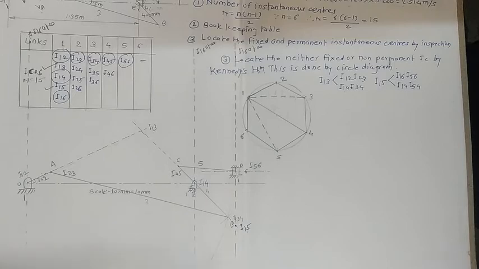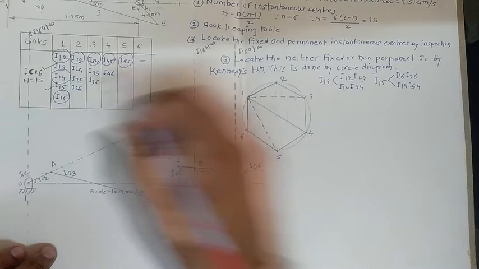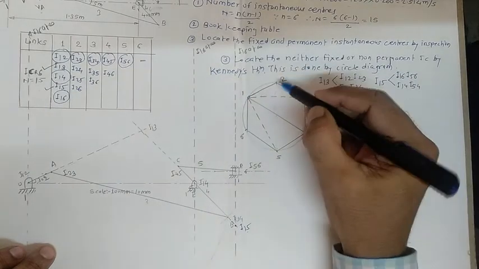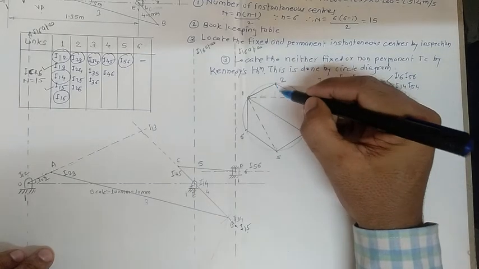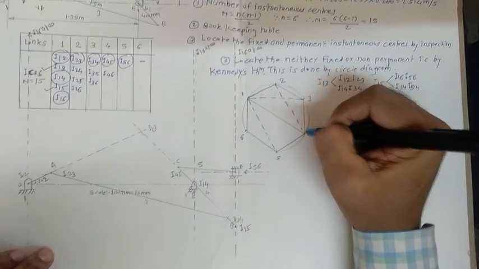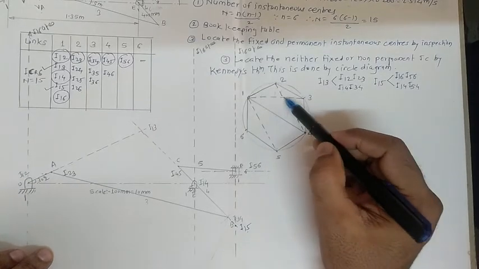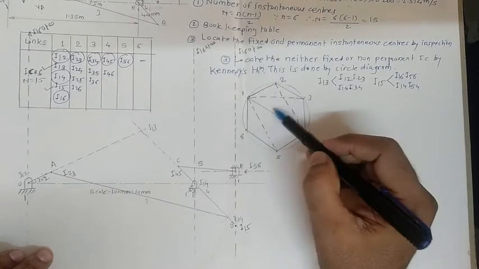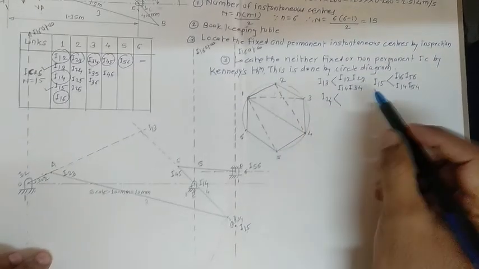Now focus on I24. I24 for that. Number 2 is here, number 4 is here. Now join this 2, 4 in such a way that this line divides this area into two parts. The two parts must be triangles. So here we can get the path for this one in this way.